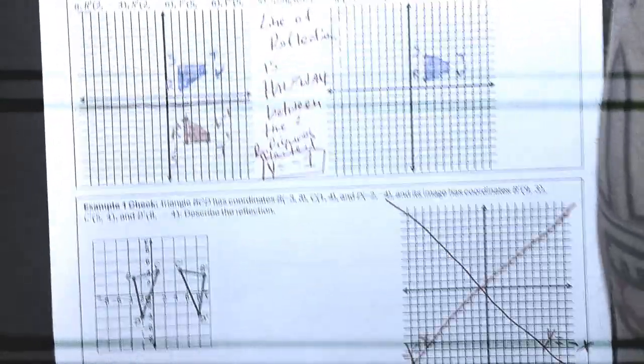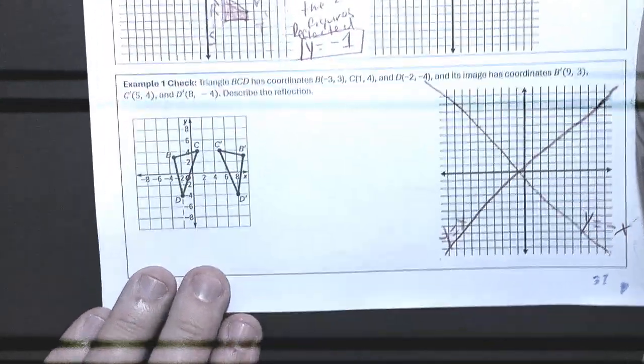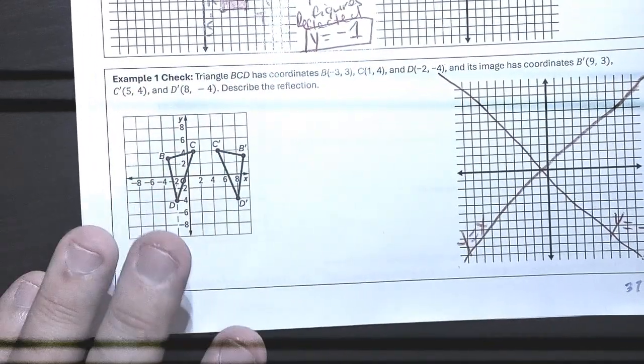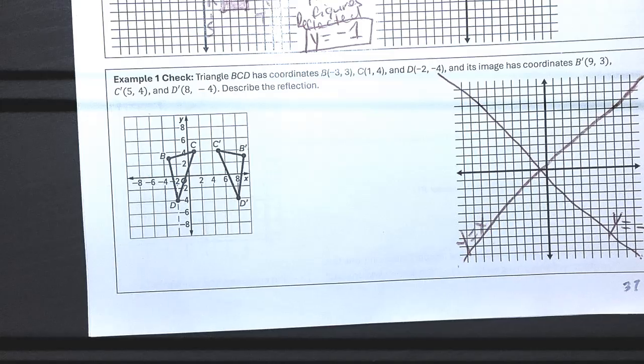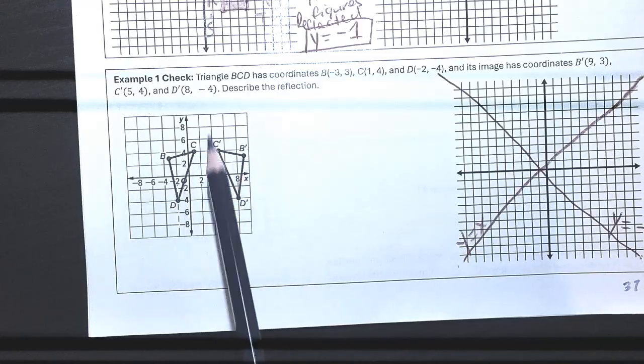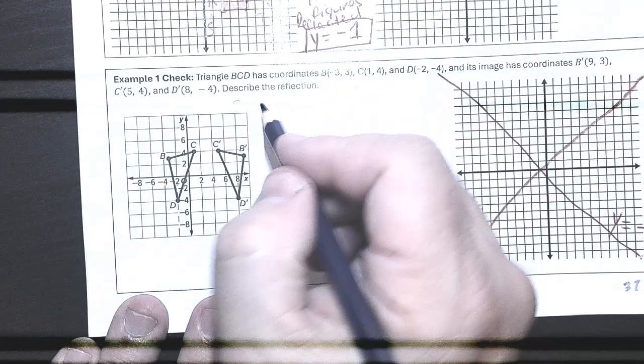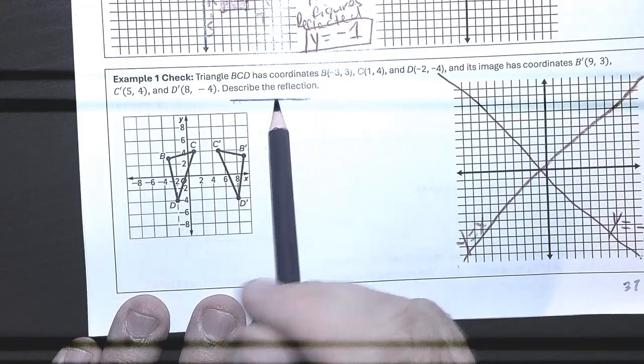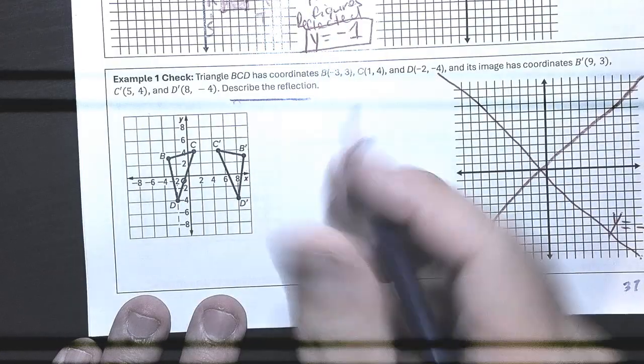I know the check is down here, but I'm going to let you guys do part B of example 1, and I'm going to just kind of help you without completely giving the answer. So they have the coordinates for both of these guys. They want you to describe the reflection. So if the line is halfway in between, I'm just going to say,